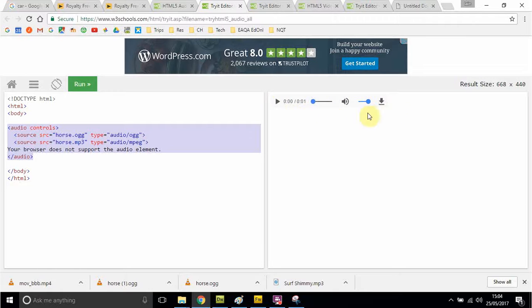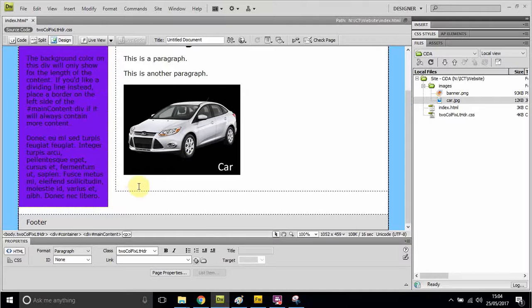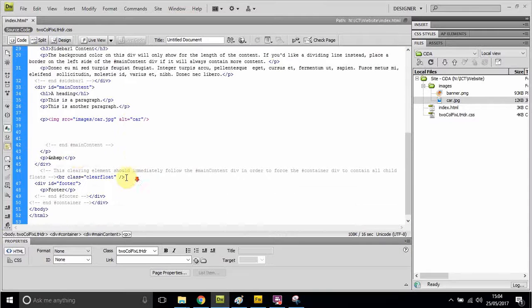We'll copy it, and it's going to produce us a little thing on our page that looks a bit like this. It's going to play a horrible sound of a horse. And it also allows the user to change the volume and to download it if they wish. We're going to pop that on our page. We're just going to pop it in here, remembering that that's a piece of HTML code, not a piece of design text. So again, we pop into the code,